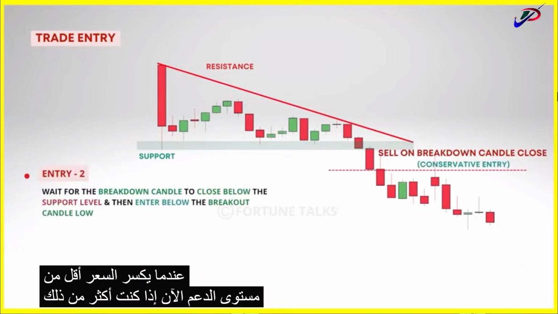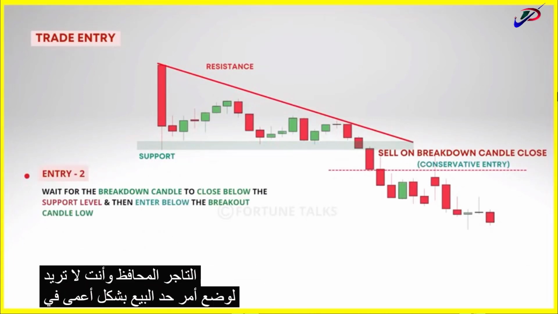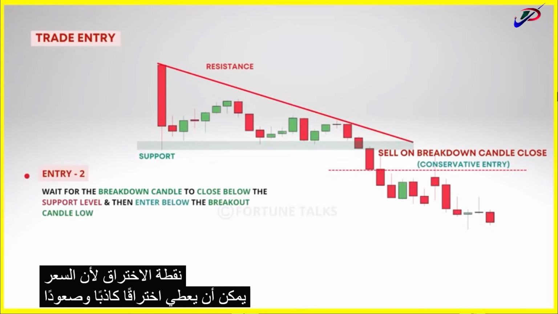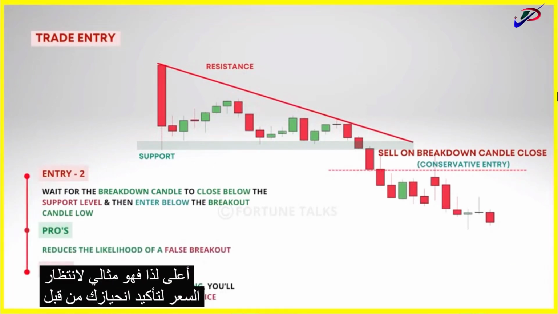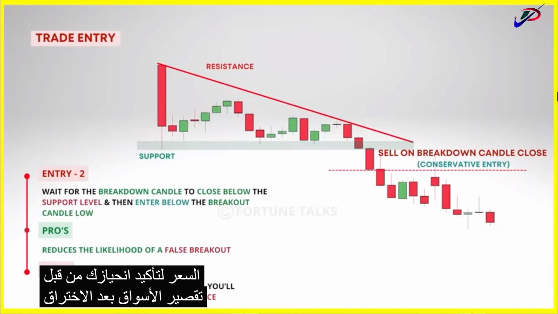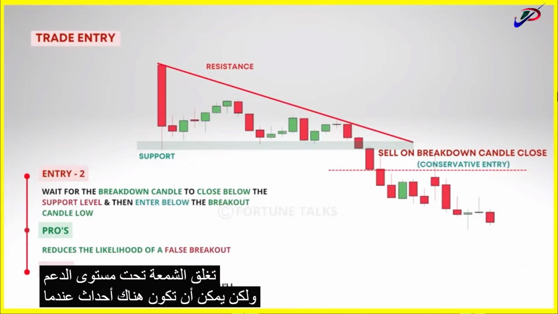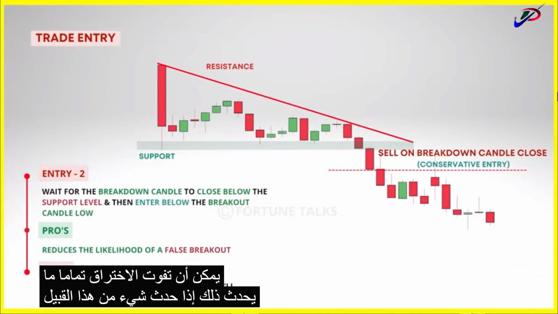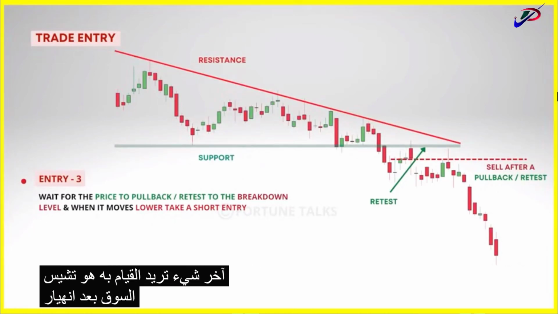Now, if you are a more conservative trader and you do not want to blindly place a sell limit order at the breakout point because the price could give a false breakout and rise higher, it is ideal to wait for the price to confirm your bias before shorting the markets after the breakout candle closes below the support level. But there can be occurrences when you can miss the breakout altogether. What happens then? If such a thing happens, the last thing you want to do is chase the market after a breakdown of the